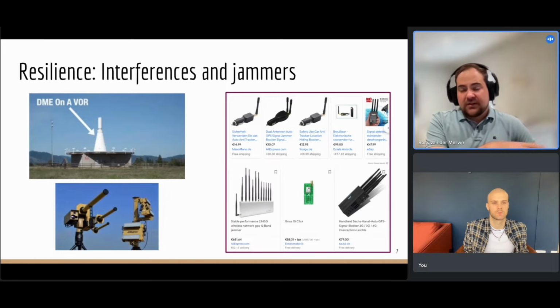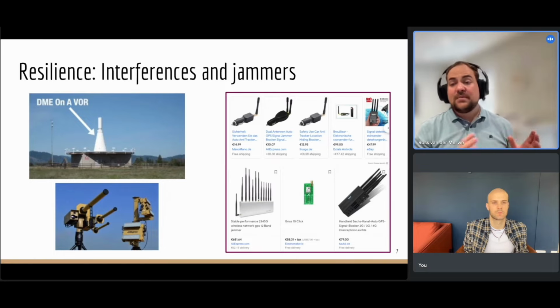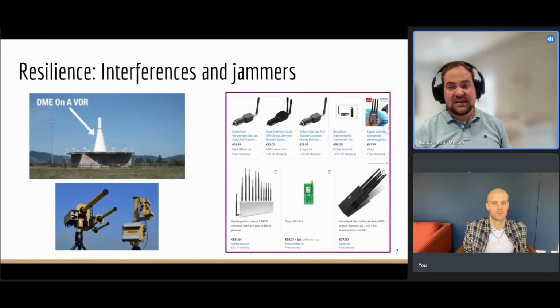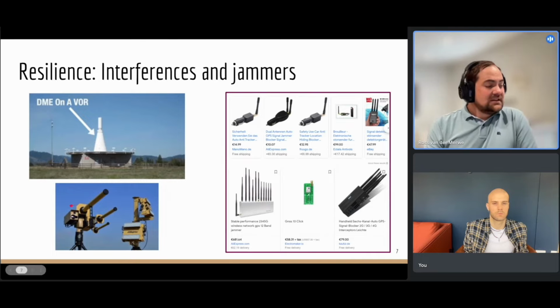That said, many of these DMEs are also designed to have minimal impact. So if your GNSS receiver is well designed, there's correct filtering and signal mitigation implemented, it should not be that much of a problem. The second one that you might see here is military type jammers. So this is when the military does have allowance to be jamming signals for reasons.